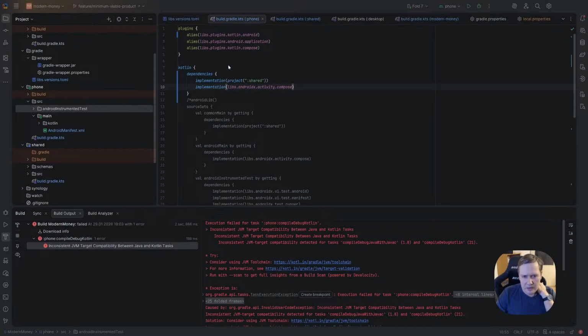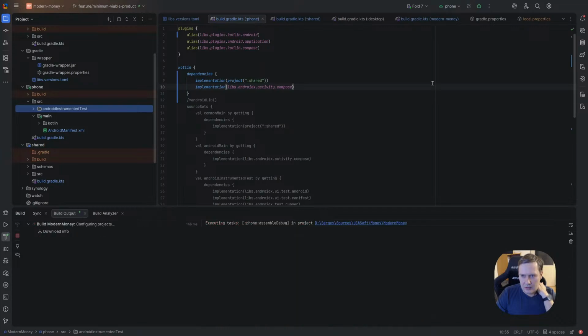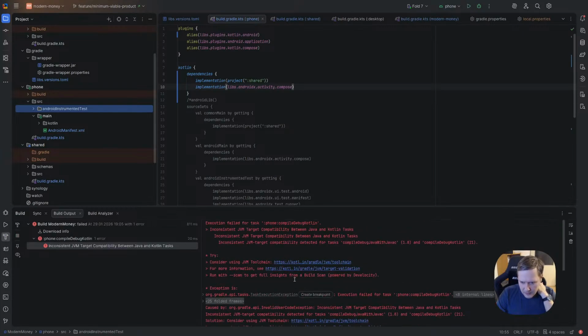Where is it? Okay, yeah, we have project default level should be 21. And in this case, project default, apply.